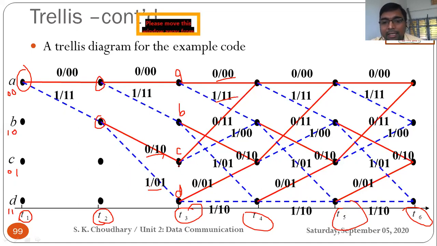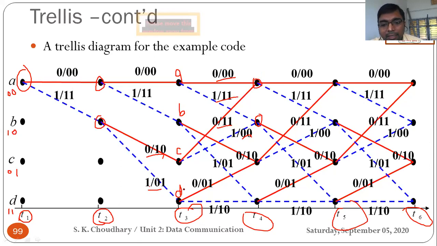If you are at C and you receive a 0, the output would be 1 1 and you would enter the A state. If you are at C and you receive the input 1, your output would be 0 0, and you would enter the B state. Okay, this is a fixed pattern here.